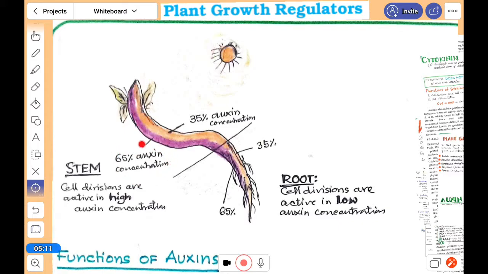If you consider both places, it is 50-50 percent. Now it becomes 35 and 65. So where auxin is more, the cells will grow more. If cells grow more on one side and less on the other, the plant will bend like this, towards the light. So this is phototropism, and in the case of root it goes in the opposite direction.